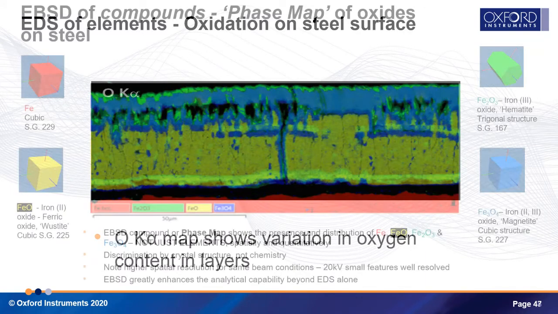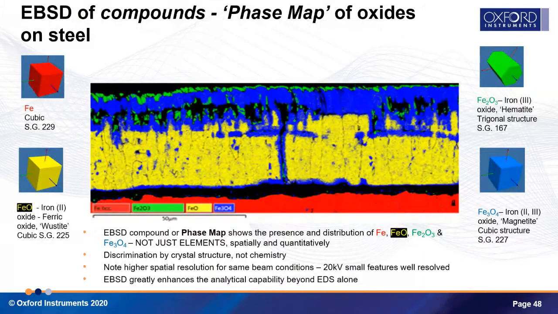Now, if you do EBSD, suddenly you've got much better spatial resolution, and because these different oxides are crystallographically very different, we can easily tell them apart. So we're not just looking at elements now. Now we're actually looking at compounds. We're looking at the FeO, the Fe2O3, and the Fe3O4. So now we actually know what different oxides we've got, where they are, and how they relate to the corrosion